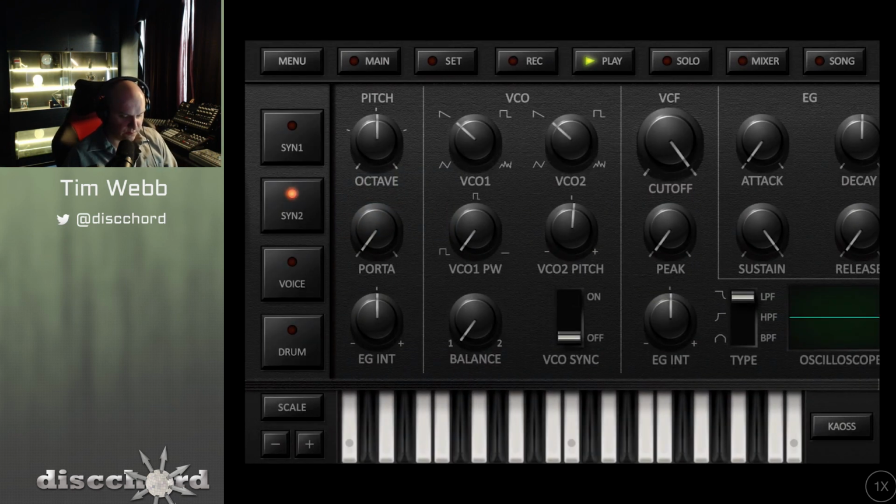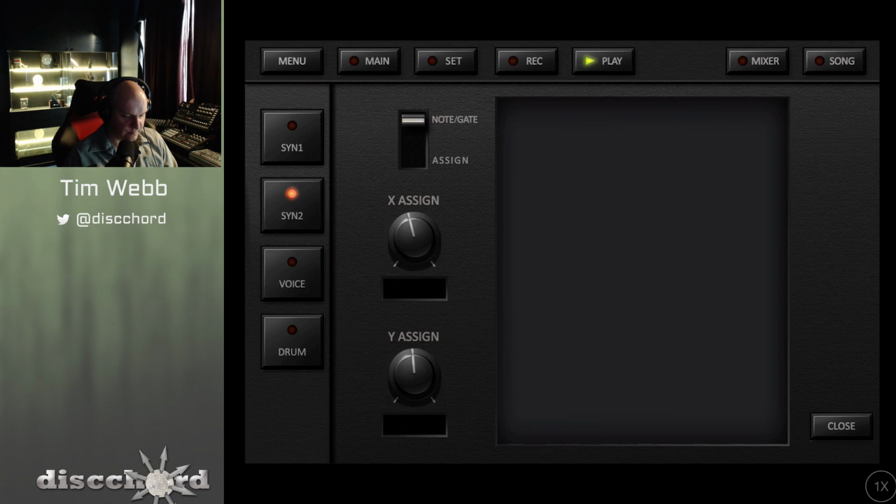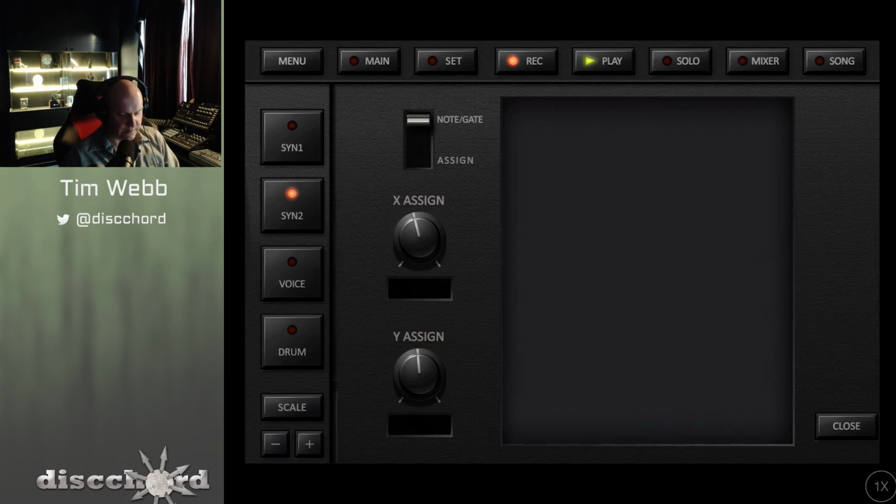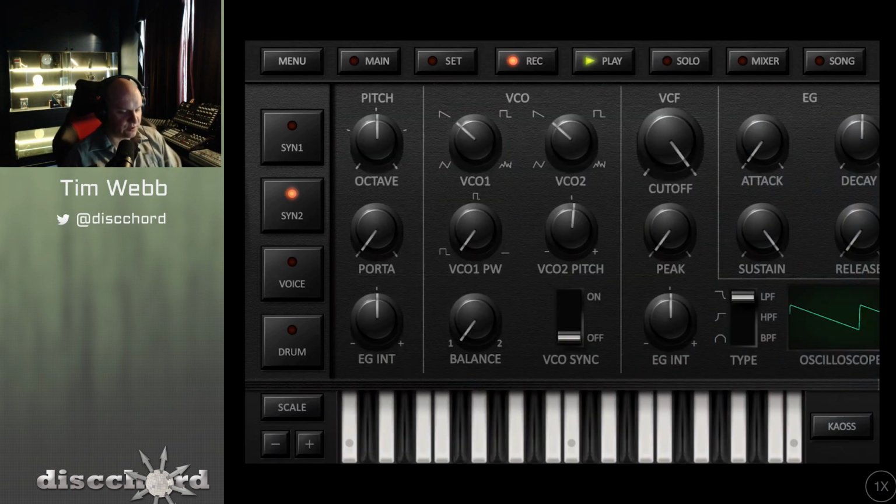Go back into the Synth 2 and bring up the Chaos Pad. Alright, that'll work. So that's just our raw